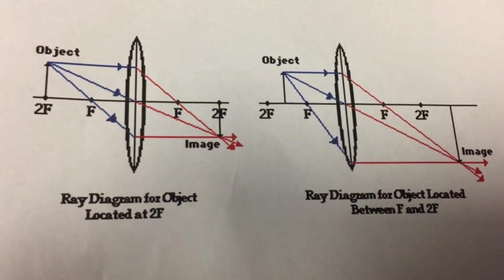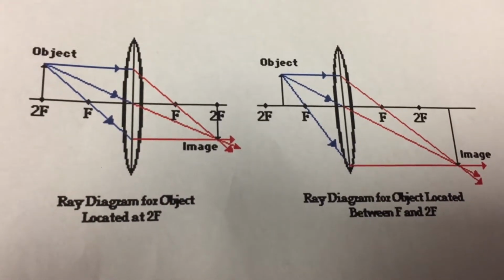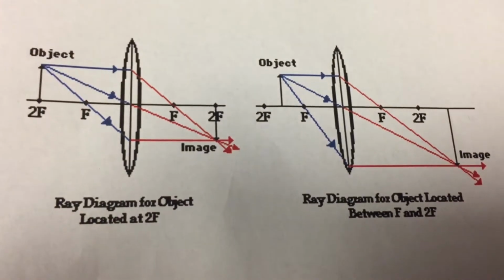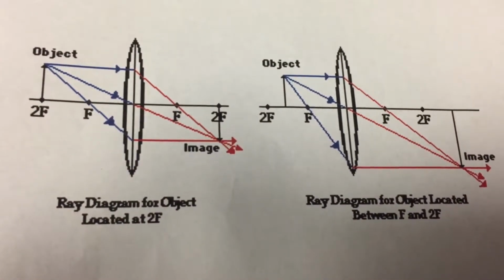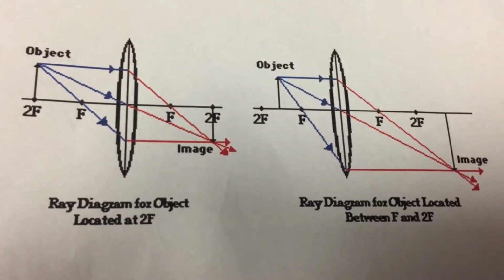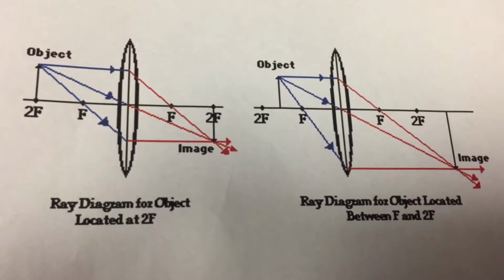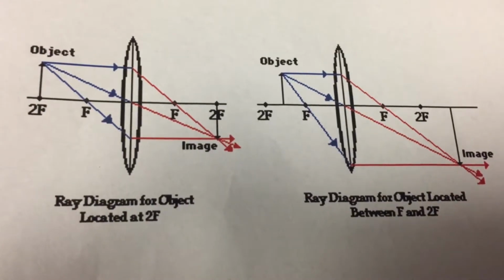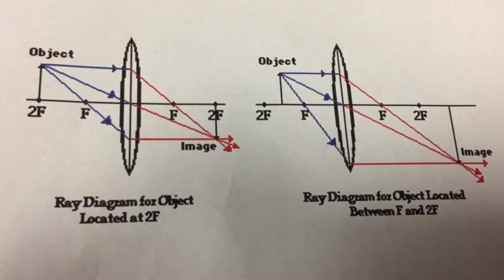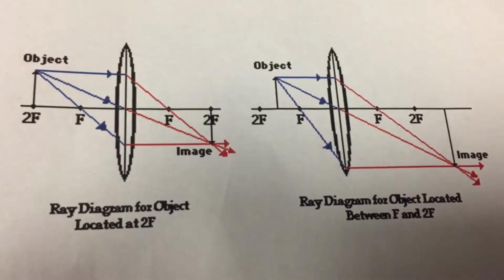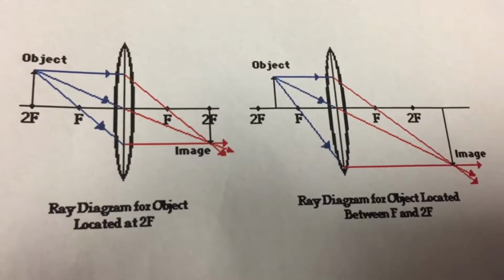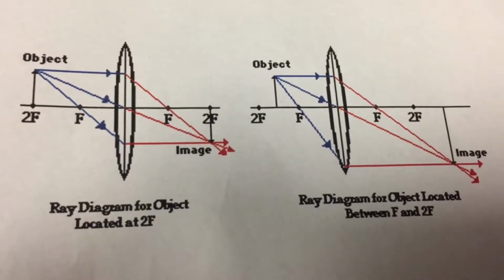Typically, a point is also noted that is 2 focal lengths from the lens and labeled 2f. If an object is outside the 2f, the image will be between f and 2f, smaller than the object, inverted, which is upside down, and real. If the object is at 2f, the image will be greater than 2f, bigger than the object, inverted, and real. If it is at f, there will be no image, and if the object is less than f, the image will be behind the lens, magnified, erect, and virtual.